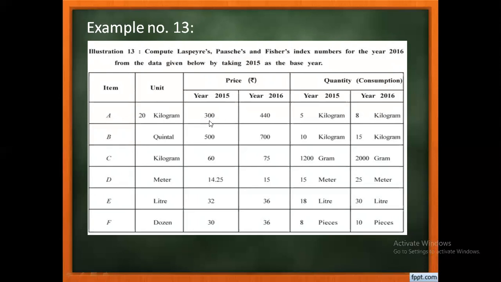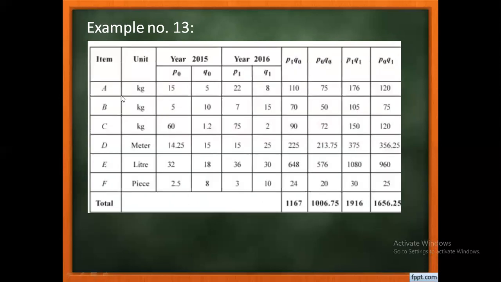That you have to write here, right? So just see the solution of item A, first row. Here in unit for item A, we'll make it 1 kg, right? You cannot take 20 kg or 1 or above, right? Only 1 unit you should take here. This is the fundamental. This is the rule.